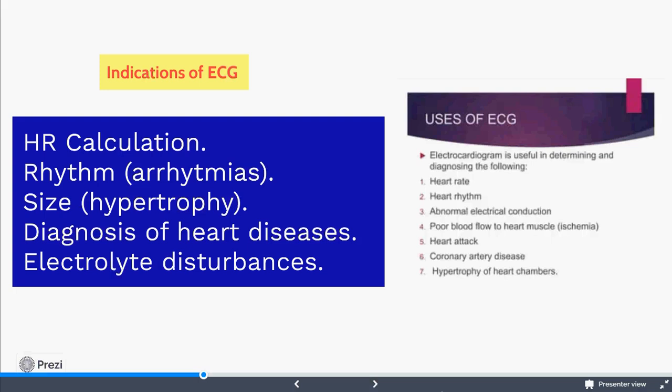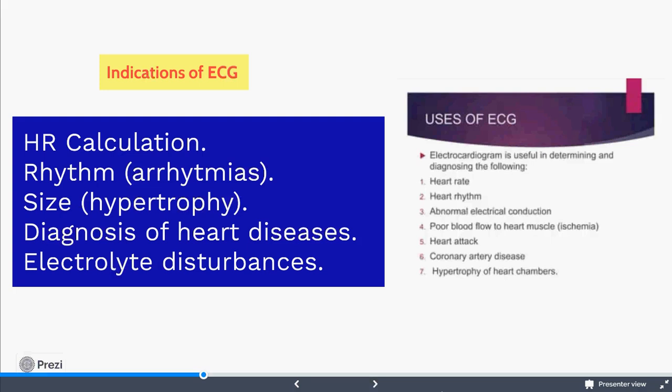Is it normal sinus rhythm or abnormal rhythm? What do we call the abnormal rhythms? Arrhythmia. Well done. Then size, meaning hypertrophy, LVH or RVH, right ventricular hypertrophy or